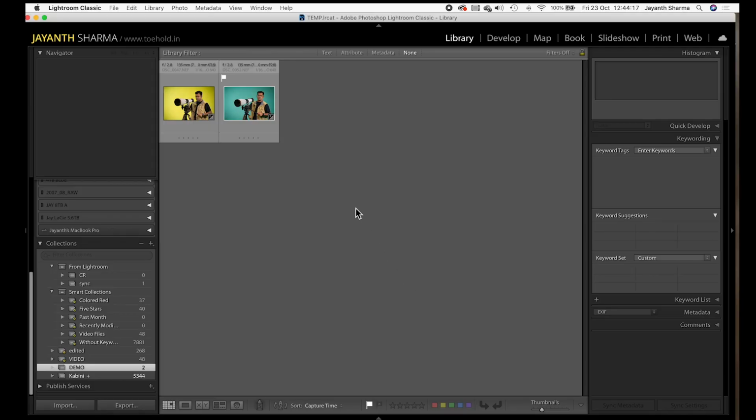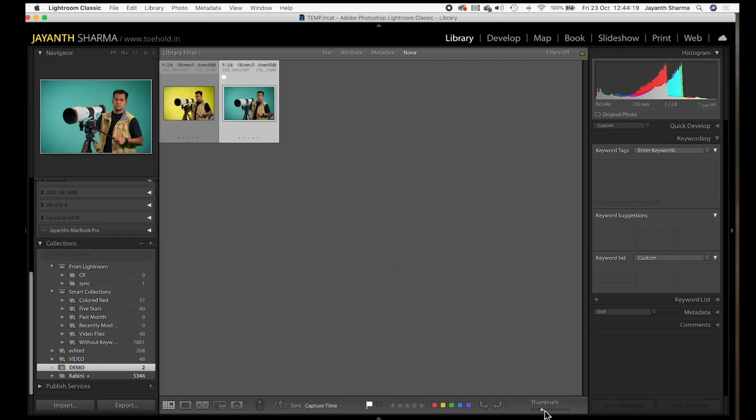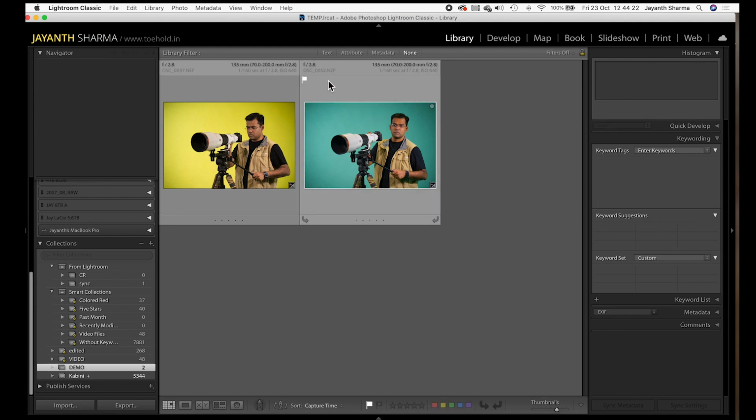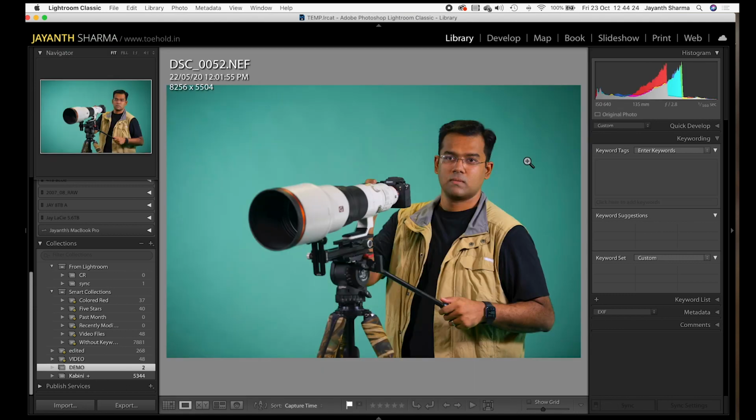If you see, there are two raw files. In fact, let's look at this raw file. I'm just going to increase the size of the thumbnail. It's actually a picture of me in the studio. I'm holding a Sony 600mm FE on a Sony A9 II, and we are shooting a portrait of mine for, let's say, Sony's promotional purposes. And even though this is a Sony shoot and I am using a Sony camera, it's been shot by a colleague of mine who is a Nikon user. Doesn't matter. The Nikon camera is a D850, and he shot this picture of mine because I had the Sony camera with me for the shoot.